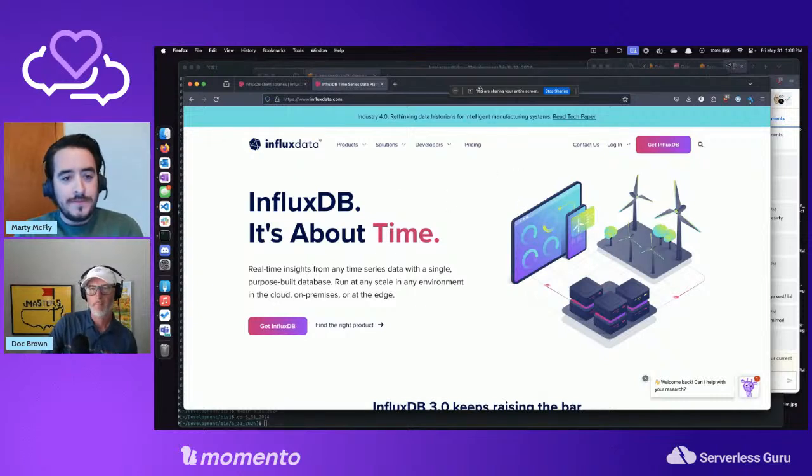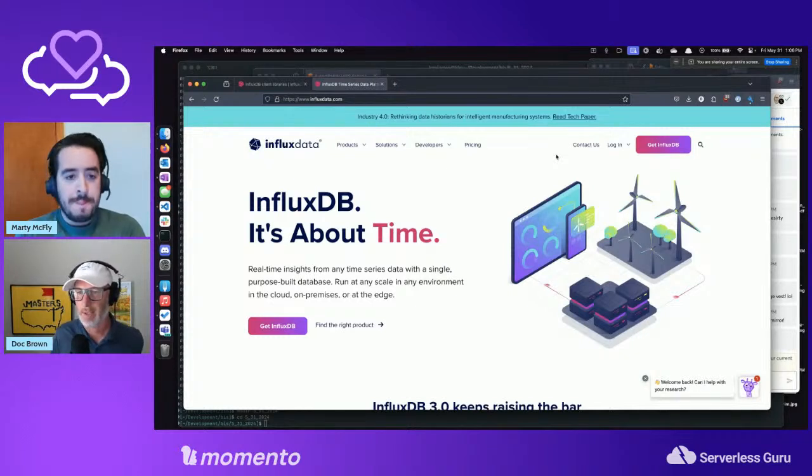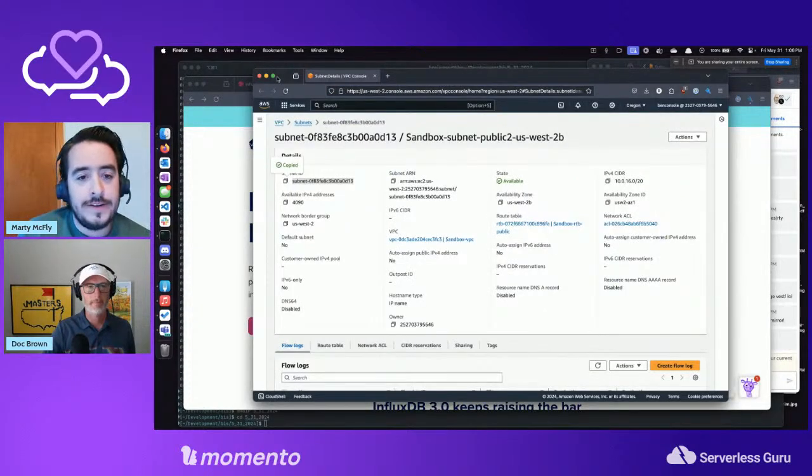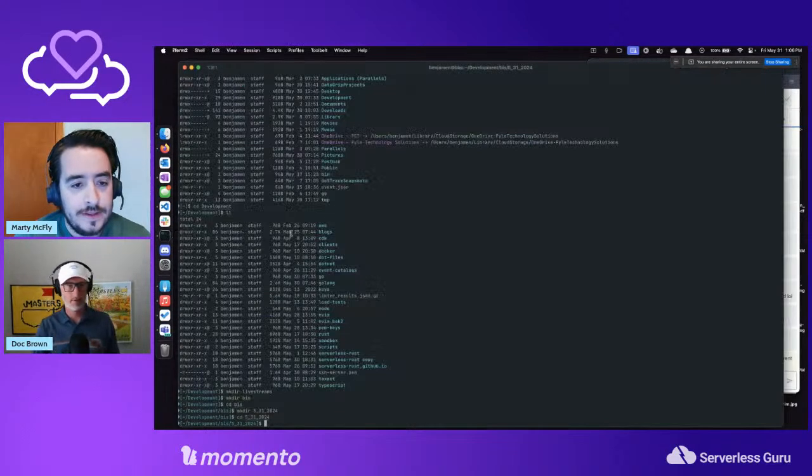So why don't we put together an API that allows us to create some data, and then we can see about how to query it and see what that looks like and go from there and see how far we get. Yeah, I love it. Fair. All right, cool. Well, let's jump in.